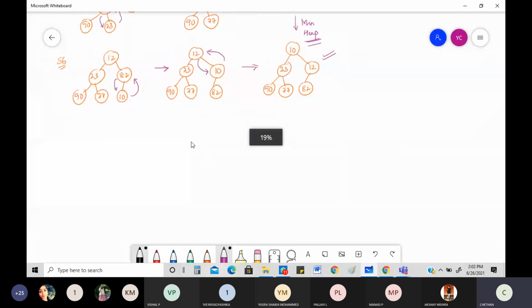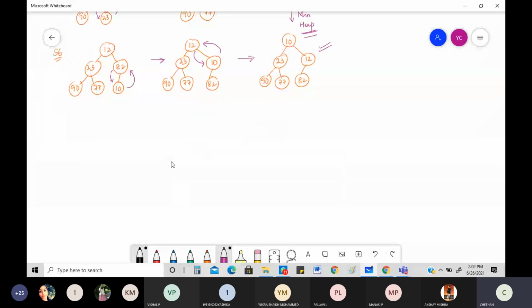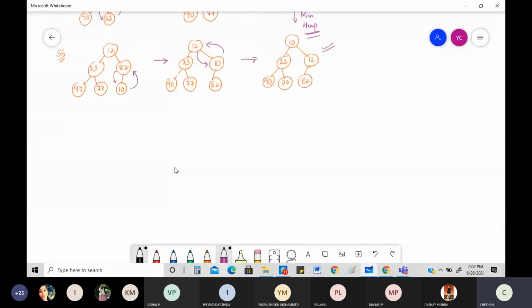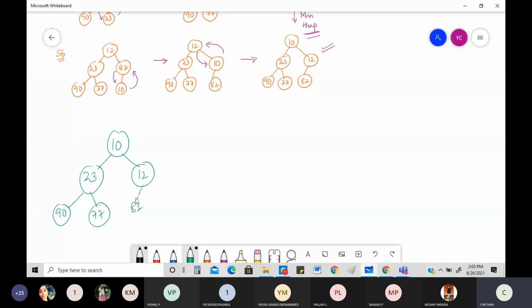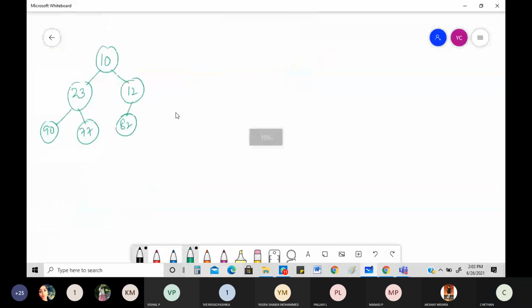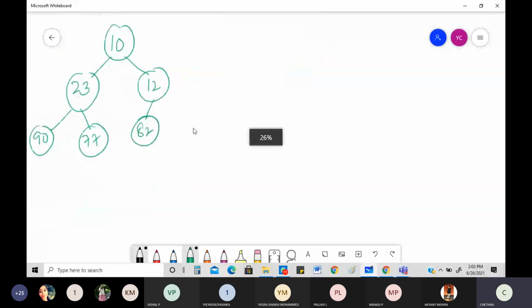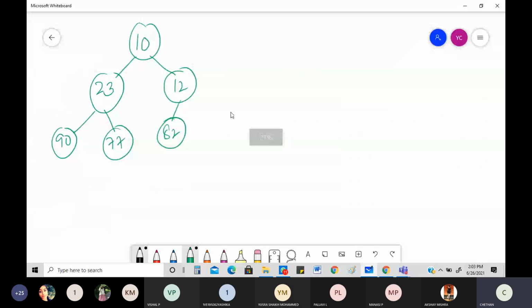What we have done is, we need to make sure that we always prepare for the worst case scenarios. So now I got my minimum heap. Can I write that again? I'll be writing the minimum heap neatly, so that I can implement the next step, which is sorting. Next I have 90, then 77, then 82. Got it? Yes, neatly I got it. So now my job is to sort this. One second, let me adjust the screen. Hope it's visible now.